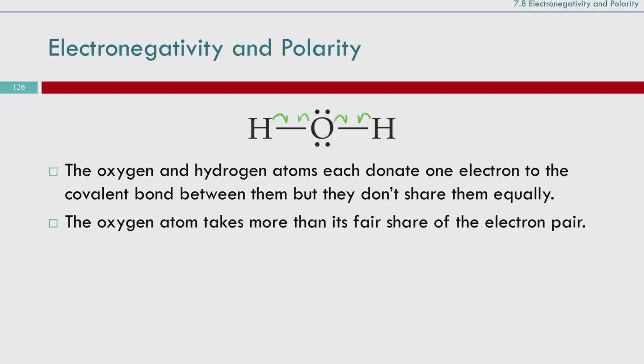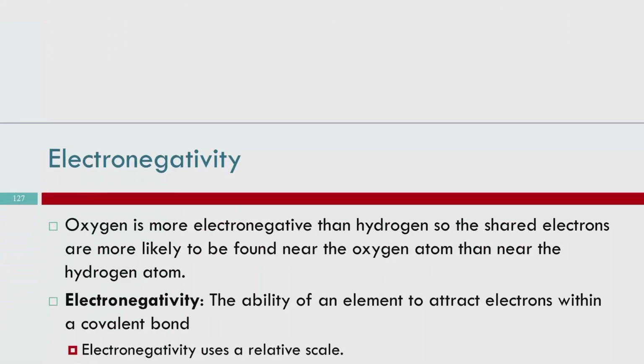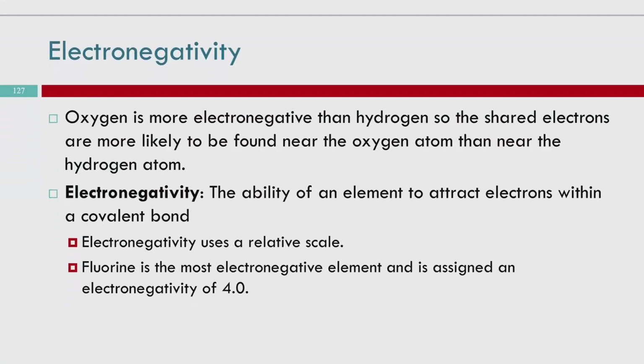The electrons, if we were to look at a projection where the electrons are found, we would see that the electrons are found closer to the oxygen in the middle. And the hydrogens are kind of left out there with less than their fair share of electrons. And this is because of the electronegativity. So oxygen is more electronegative than hydrogen. It pulls electrons